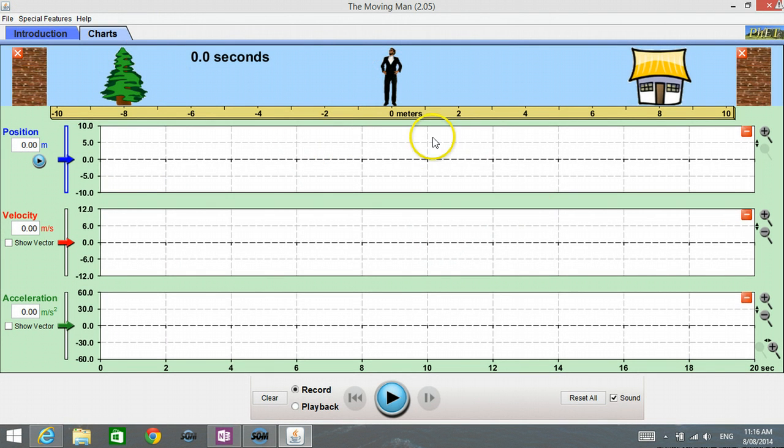Now here is a simulation. I have a man standing in the middle, at 0 meters. If you look at the first graph here, we have the position time graph. The first graph is the displacement time graph. Don't worry about the rest, we do them later. For now, just look at the first graph as I move the man around. Say I move the man from 0 meters to 4 meters